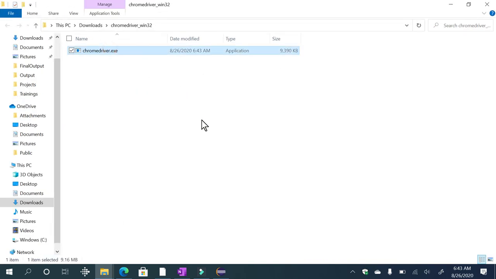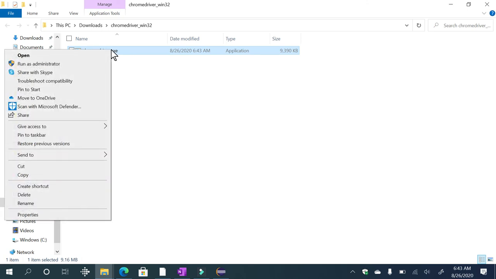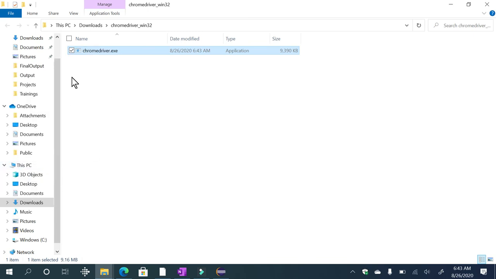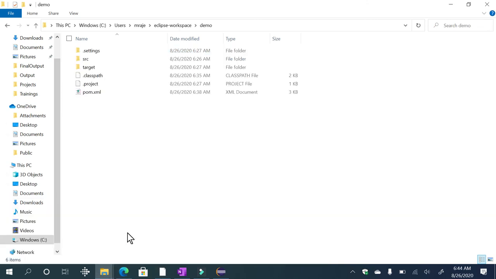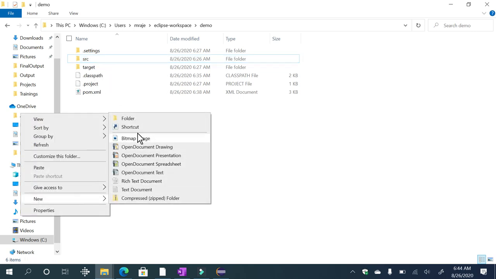Okay. So I'm moving this to my project folder. It's not ideal, it's not a best practice to keep it somewhere over here. Instead, I'm cutting it and keeping it in your project folder. Under src, src means source, so don't put it under src. As a best practice, you create another folder called either lib or resources.